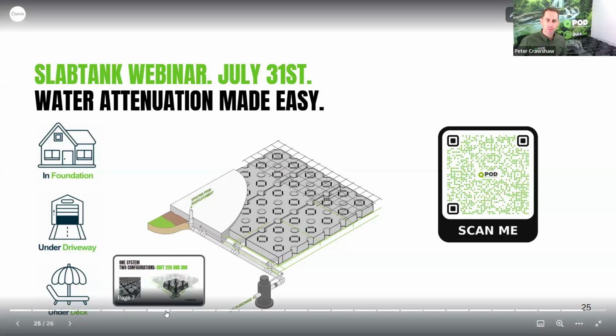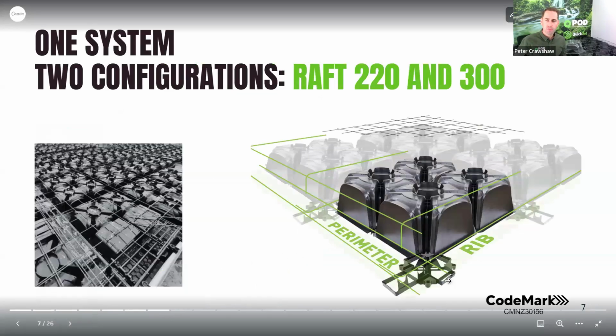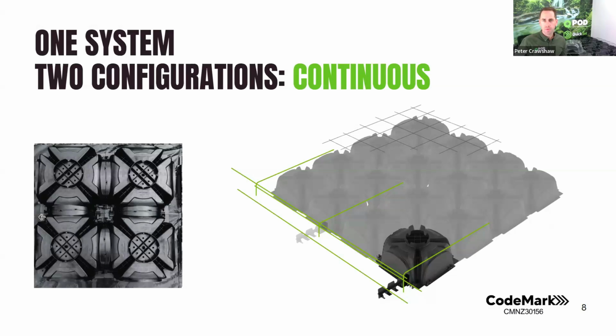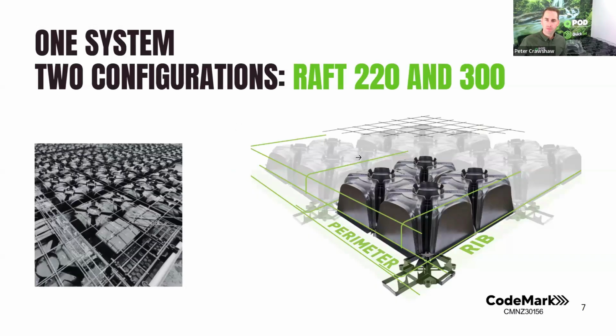Yeah, so just ducking back to that raft page. Typically for the raft, the main difference is obviously the ribs versus no ribs. Continuous not having the ribs, the raft having the ribs at 1200 centres. So the perimeter details look much the same for both. You've got by minimum 3 perimeter bars of HT12, and then by minimum 1 footing rib bar, and then 1 hockey stick